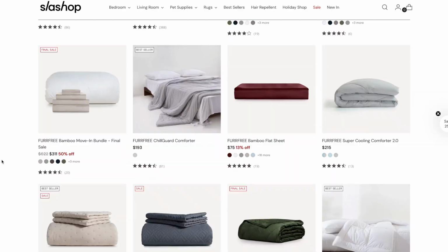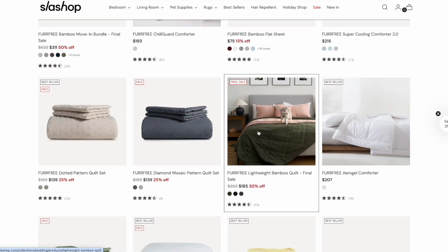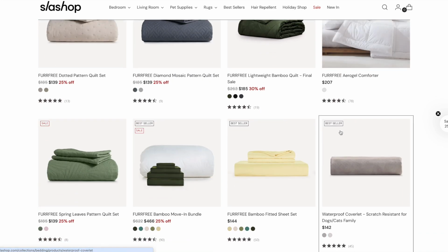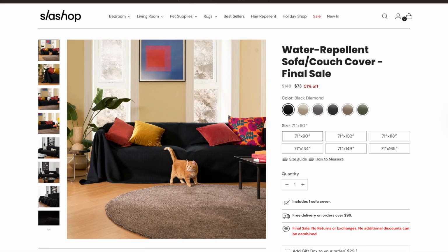Hi, today we're unboxing and reviewing Slashop. It's a pet-friendly home brand. They have fur-free bedding like quilt sets and sheet sets. They come in all different colors. And for the living room, they have sofa covers, blankets and throws, decorative pillows and pillow covers, and they even